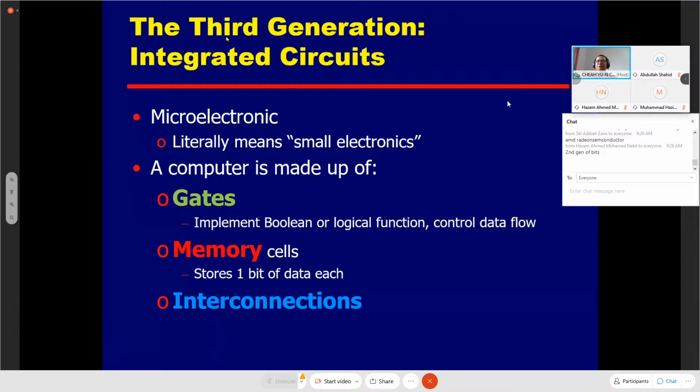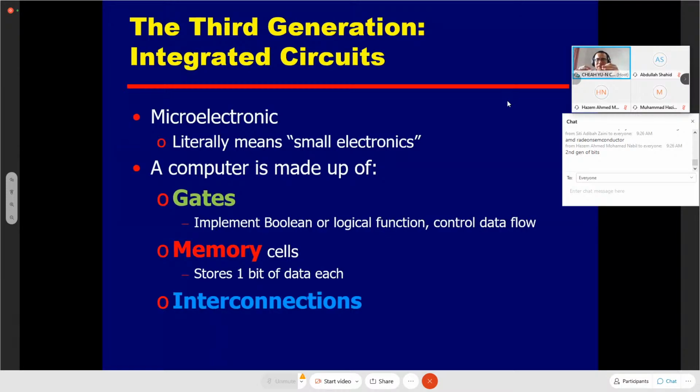Okay, so that was the second generation. Okay, second generation using transistors. Okay, using transistors, those small little components. The third generation uses integrated circuits. Okay, integrated circuits meaning again